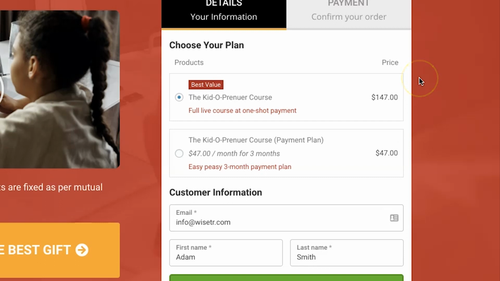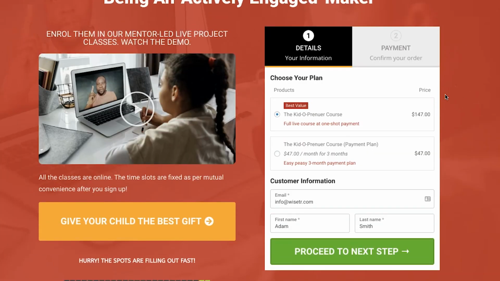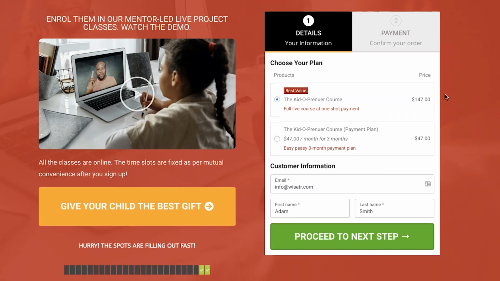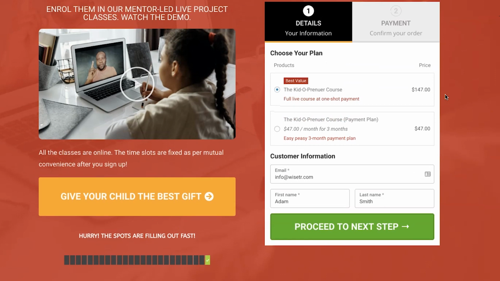So this is a 2-step checkout form. The simple idea behind making it 2-step is that people will not see a lot of fields up front. There won't be a long form intimidating them, so they can fill out their basic details and move over to the next step. This makes your checkout form look approachable and less overwhelming.